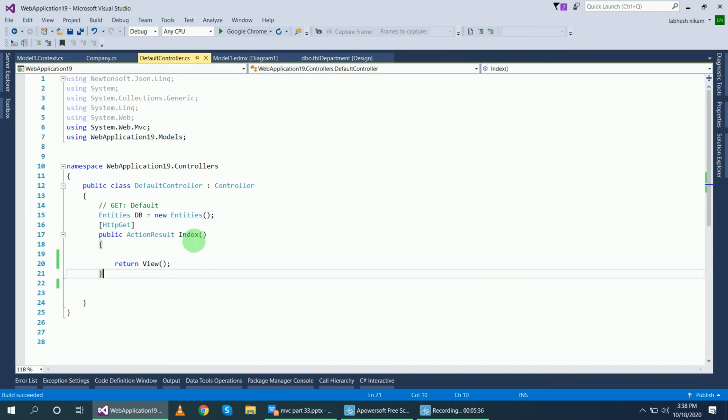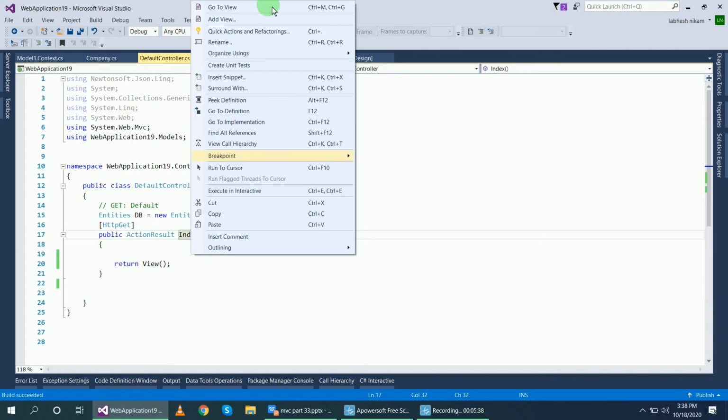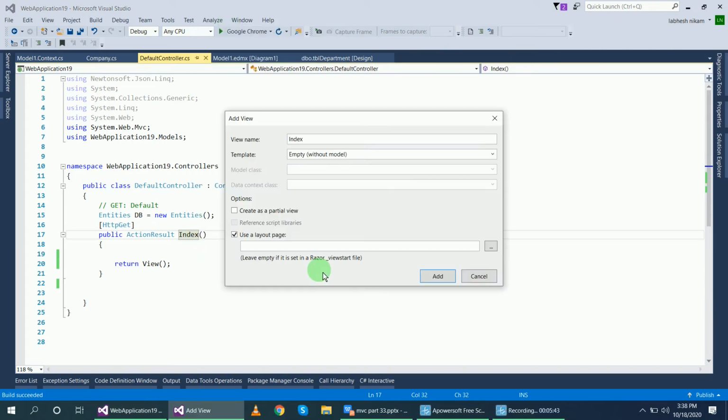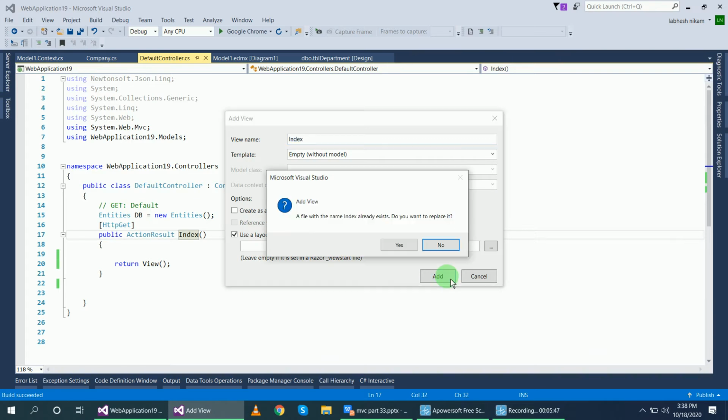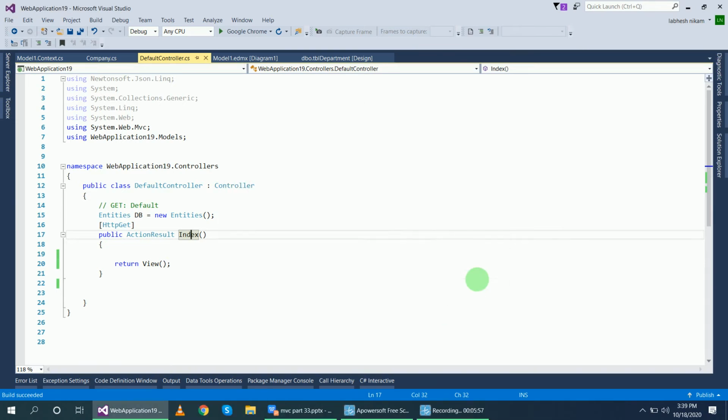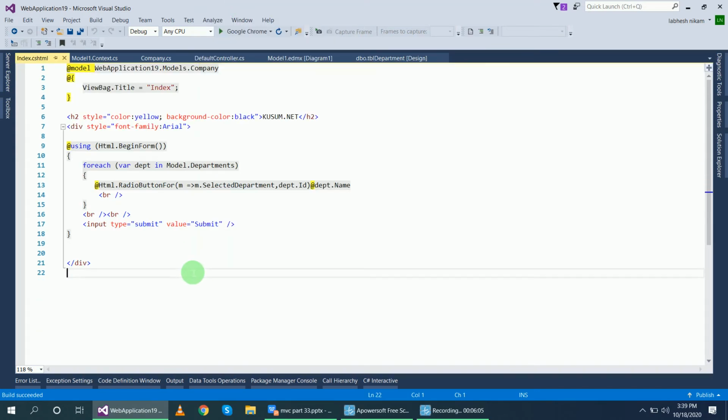Now I will create one view page here, empty without model, add. If you already have it, then there is no need to create it. I have already created this one. So go to this Index page, go to the view, and create the radio button list.